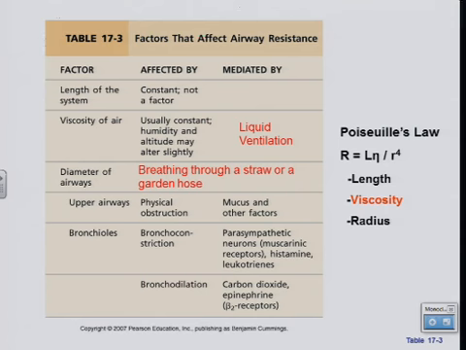Okay, remember anatomical dead space? Now if we're breathing through a snorkel, we just added to that anatomical dead space. So if we have the same tidal volume, we maintain the same total pulmonary ventilation, but now we've dramatically decreased alveolar ventilation. Make sure you understand the relationships between alveolar ventilation and total pulmonary ventilation and the relationship of dead space ventilation. And remember, when we referred to dead space ventilation, we talked about anatomical dead space, but we also talked about total physiologic dead space, or the inclusion of alveolar dead space.